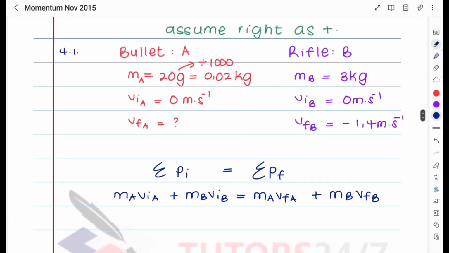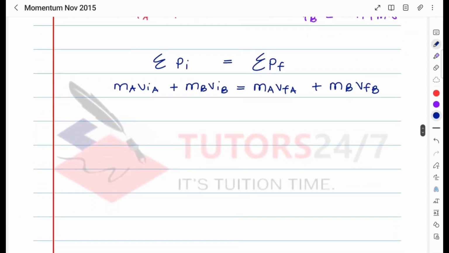So we can substitute 0.02 times 0 plus 3 times 0